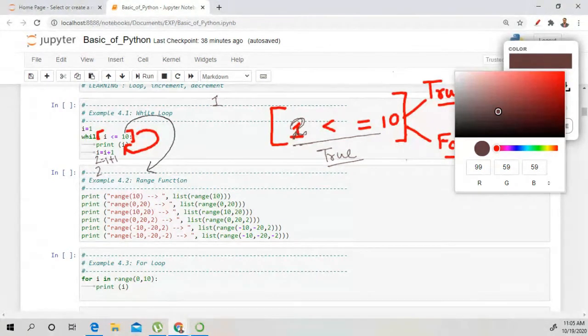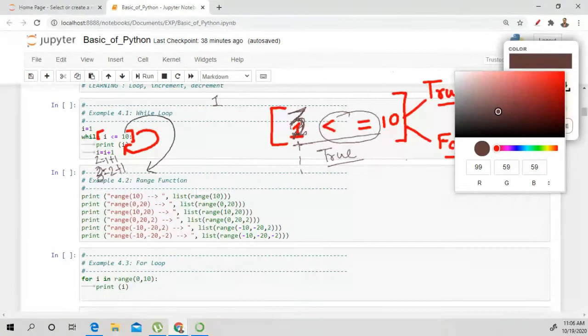Then 1 is added and the variable holds the value 3. Now the value 3 is represented right here. So again this is true, and this process continues till this statement is false.